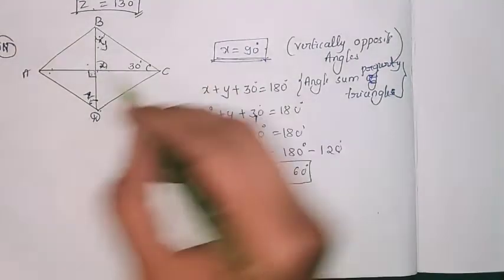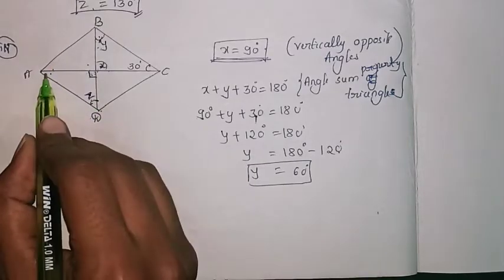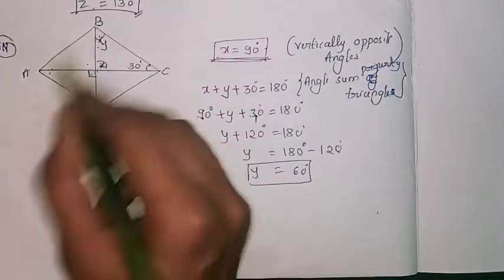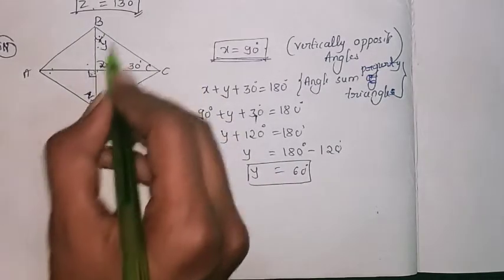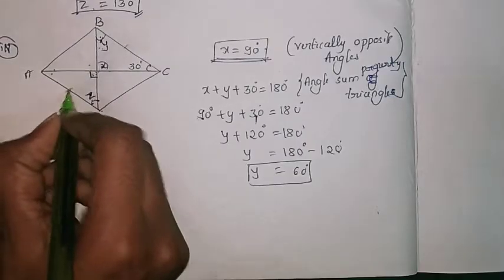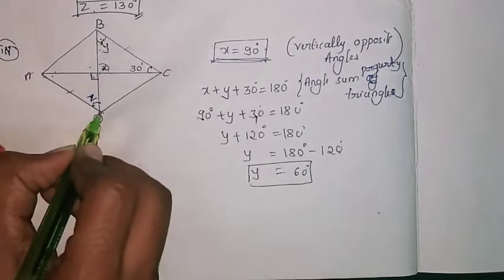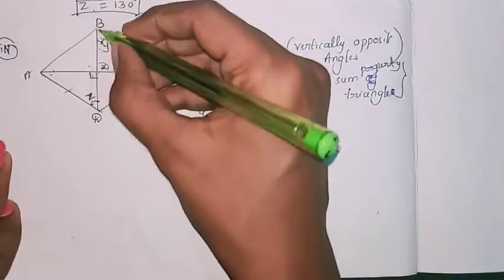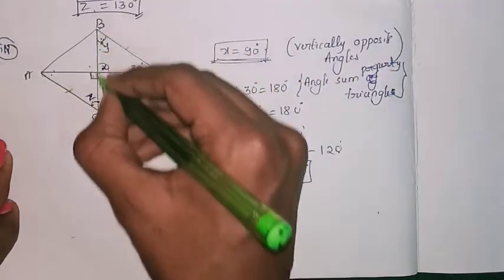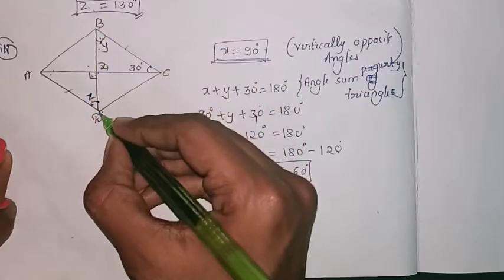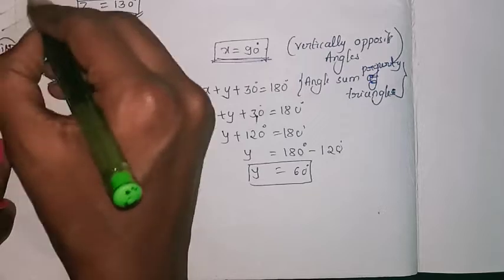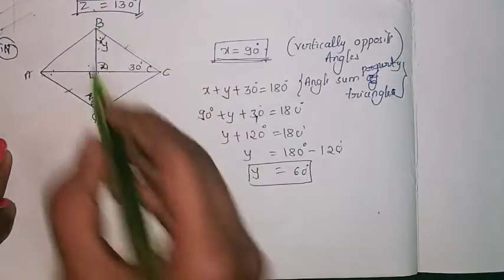Okay, listen to this carefully. As it is a parallelogram, we know that the opposite sides are equal to each other. We can consider AB and DC parallel, and AD and BC parallel to each other. So you can consider AD and DC as two parallel lines, and one line intersecting them, the diagonal formed. This is called a transversal line. Any line cutting two parallel lines is a transversal line.